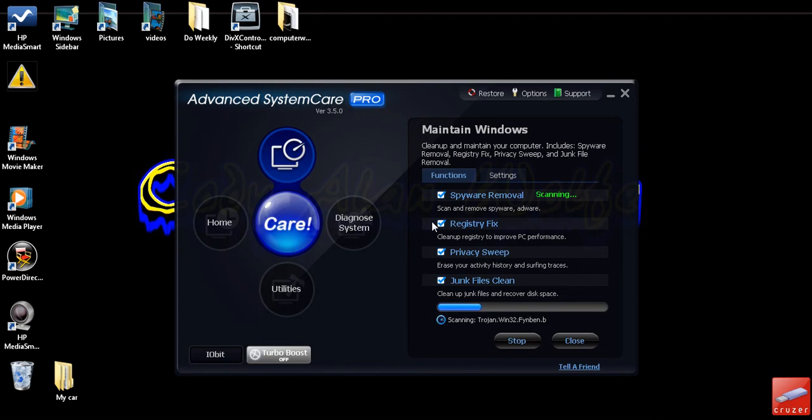But Advanced System Care Pro and Piriform both of them miss some things. I'll scan with this one and then I'll scan with another, which is Piriform. System Care normally misses a couple things and Piriform normally misses a couple things if I do it the other way. So I normally just run both whenever I clean. I don't think I did it in the last 3 days, so it's taking a little bit.